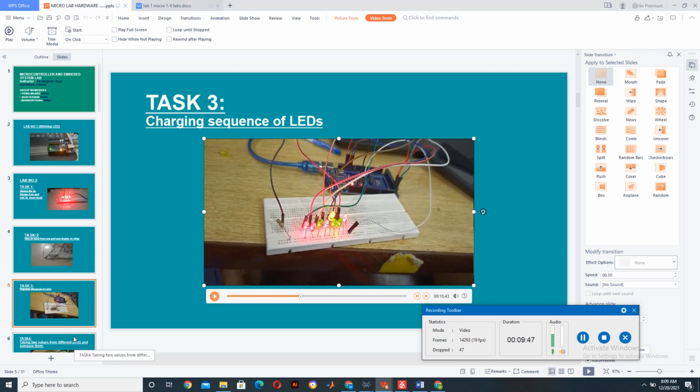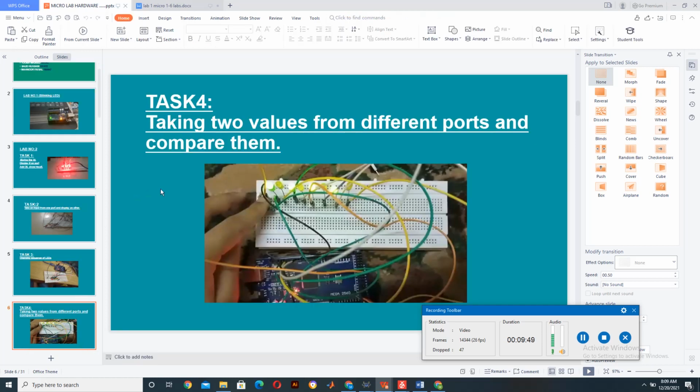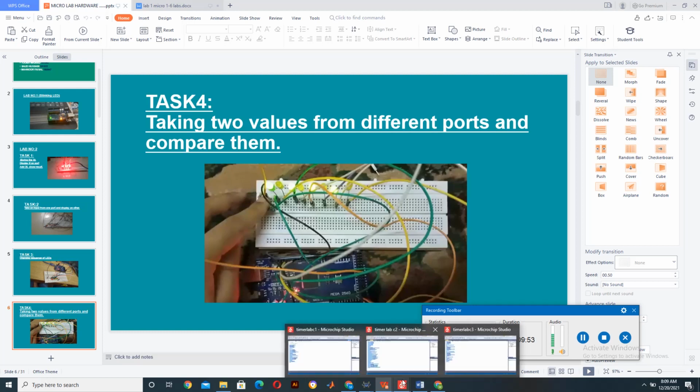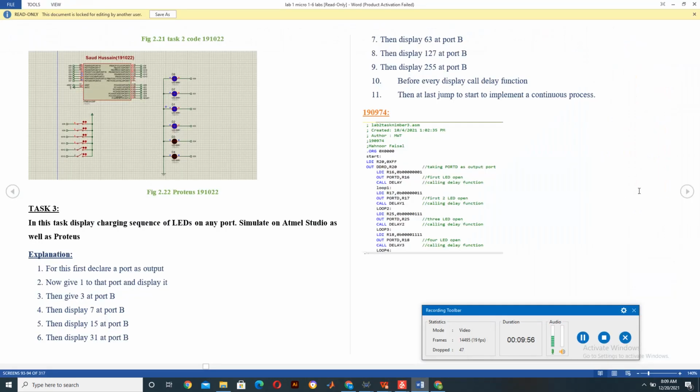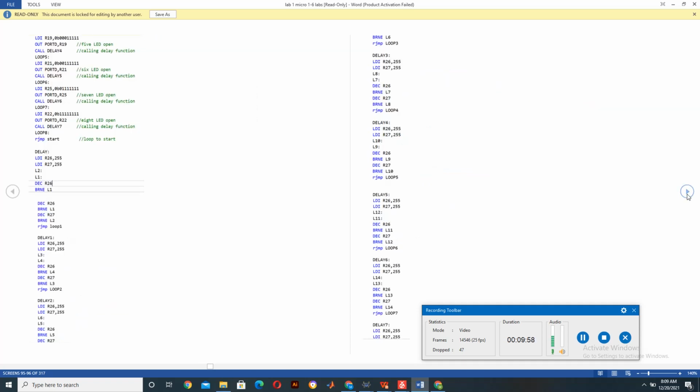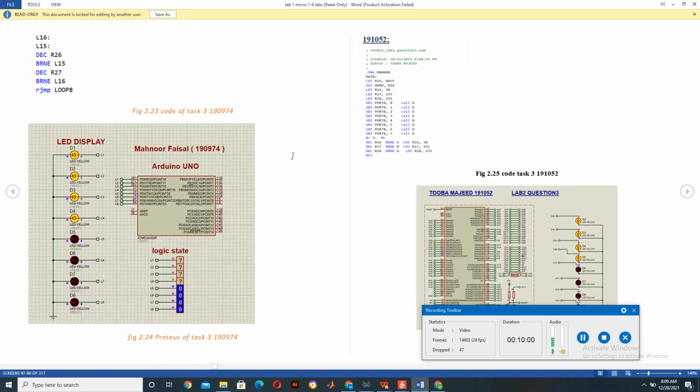Now, the next, fourth task, is to compare the values of the different ports. Now, what is the compare value? The syntax of everything would remain the same. Just what would be changed is that